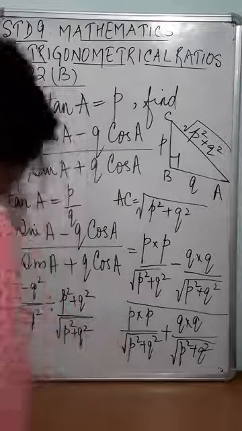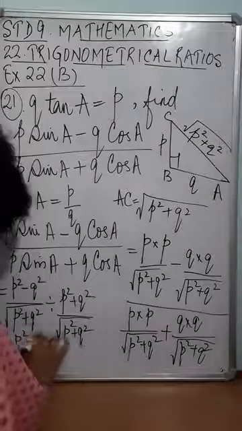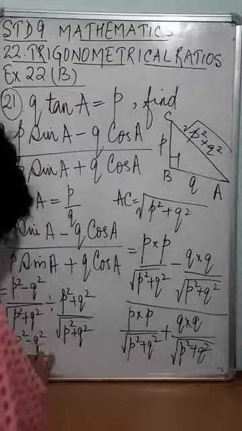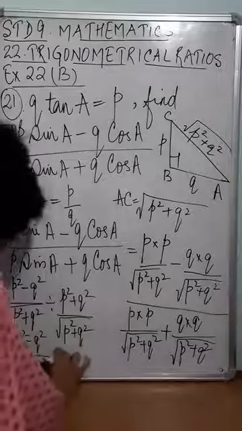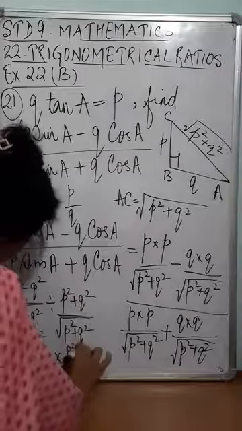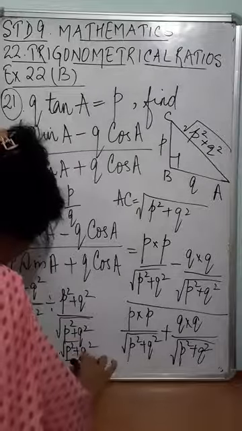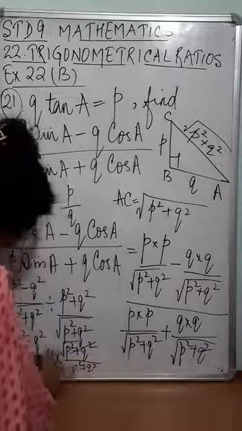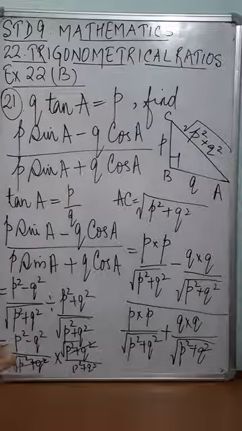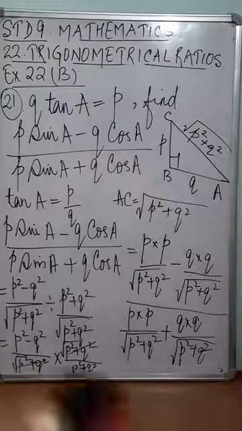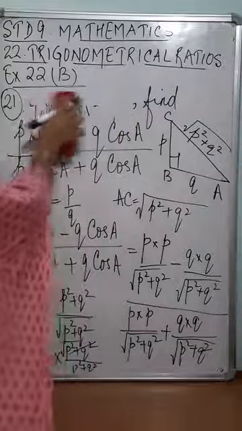This is equal to p square minus q square by the square root of p square plus q square into the square root of p square plus q square by p square plus q square. This cancels, the square root ones cancel, and therefore the final value of it is equal to